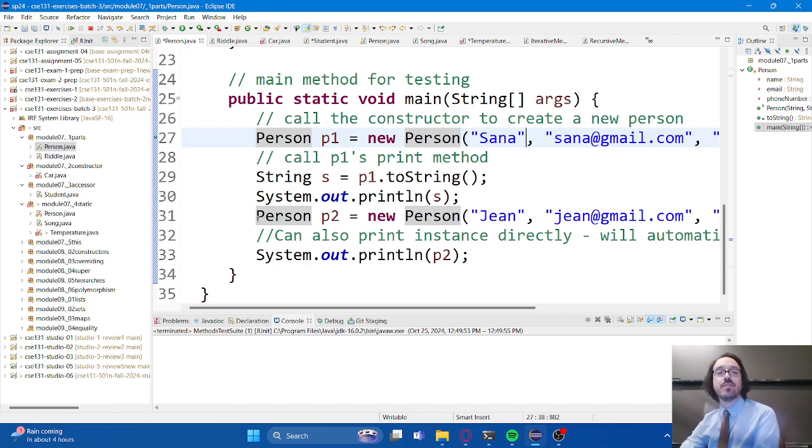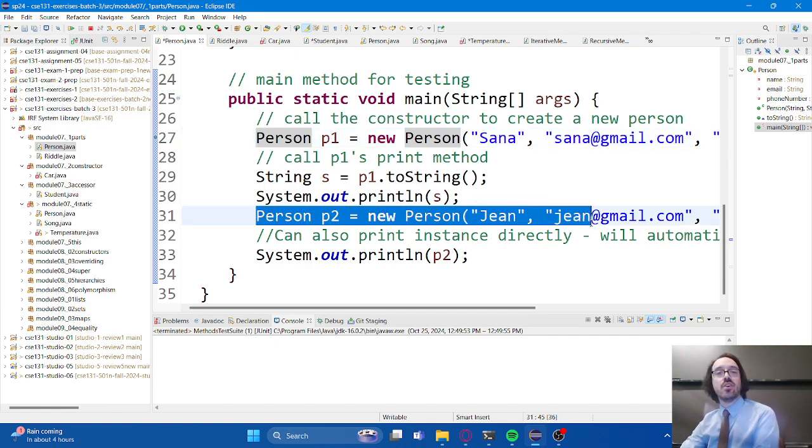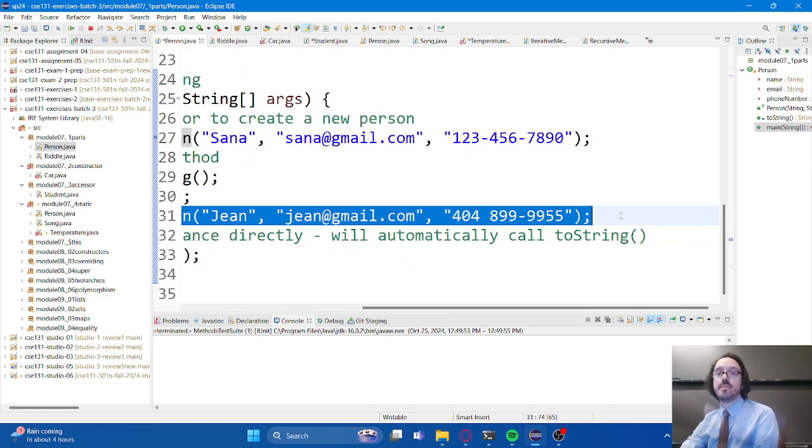So if we skip down here to line 31, we can see that I actually call the constructor again to make a second person. This is a distinctly separate instance from the first one that was created. And it has its own values for name, email, and phone number, right? Different name, different email, different phone number.